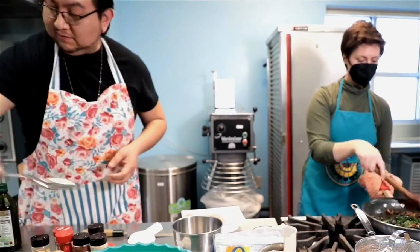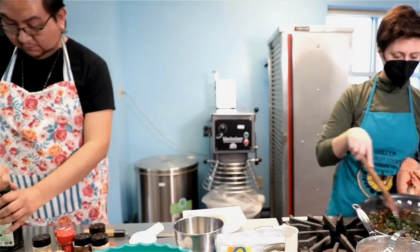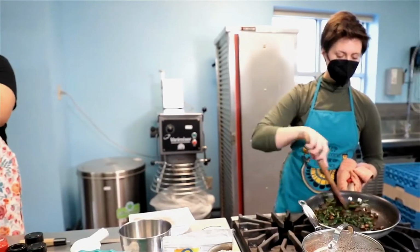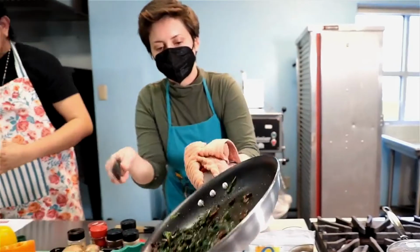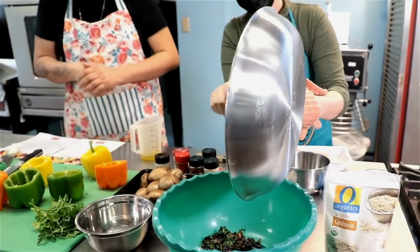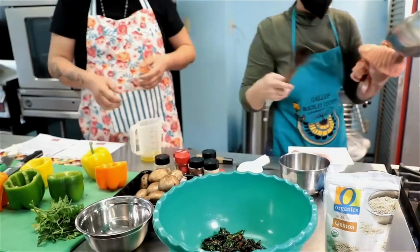Okay. So the mushrooms have cooked and gotten golden brown. And the spinach is past wilted. It's concentrating its flavor. So same story with the oil and the seasoning, right? Just like we did the mushrooms. Yeah,